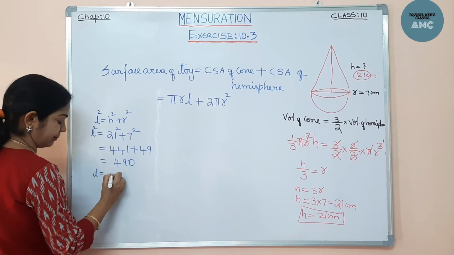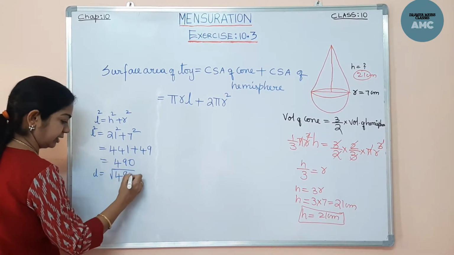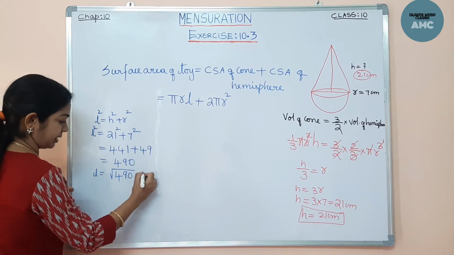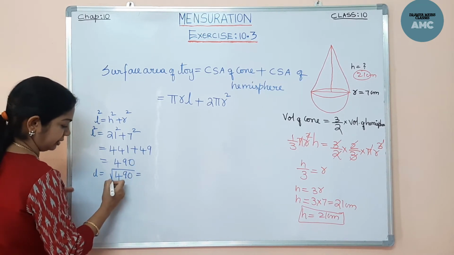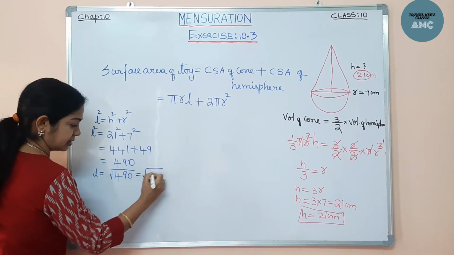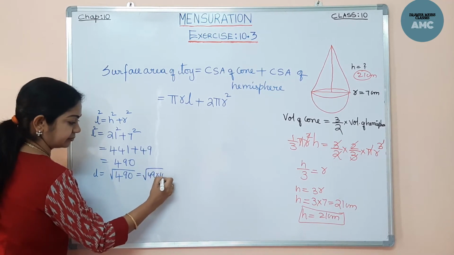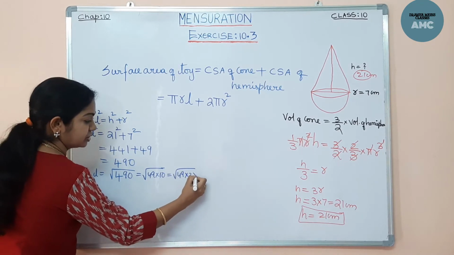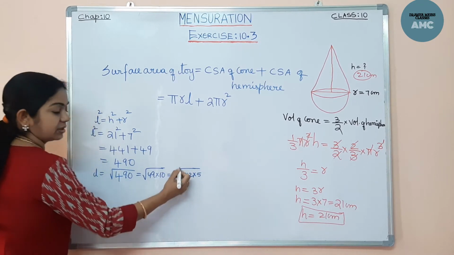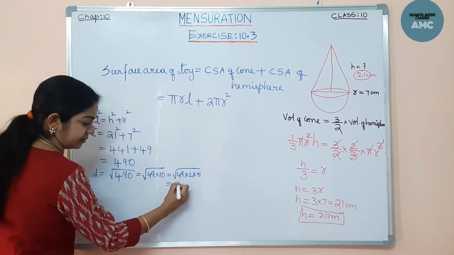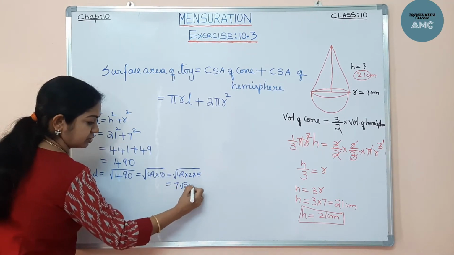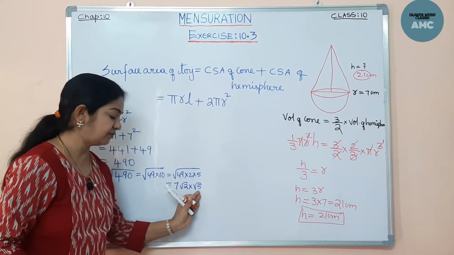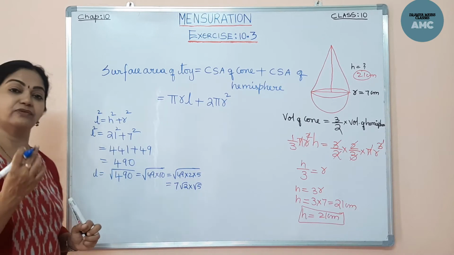So L, this is not a perfect square. See here, 490 is not a perfect square. So let's find out here. This comes to plus or minus. Okay. Now here we can simply write it as 49 into 10. This again I can write as 49 into 2 into 5. Now square root of 49 is 7. So 7 into root 2 into root 5, I can write this, because I have reduced it into simpler parts so that I know the value of root 2 and root 5.